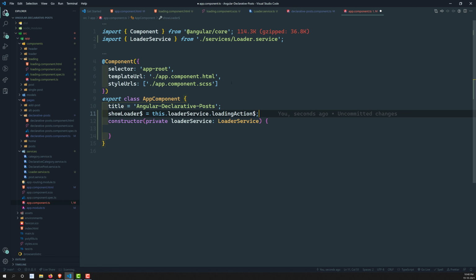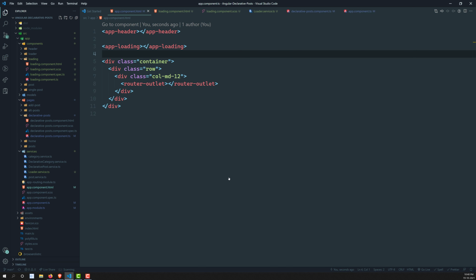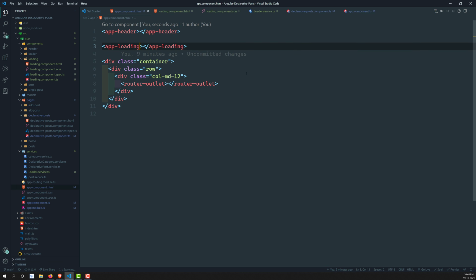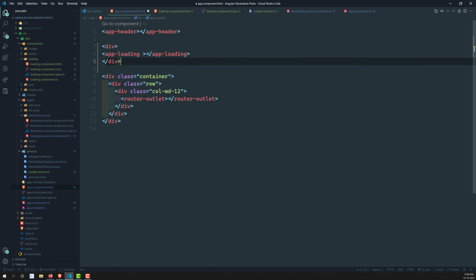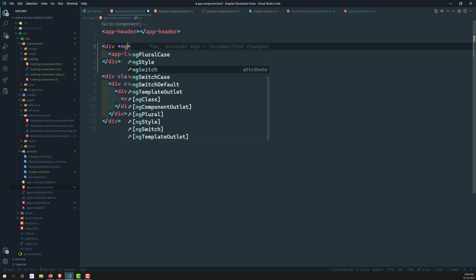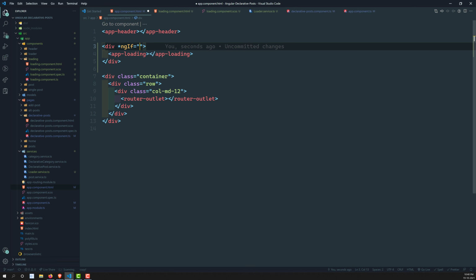Now we can go to the app.component.html, and here I can write a condition. I can take one div, and here I can add a condition *ngIf equals showLoader.